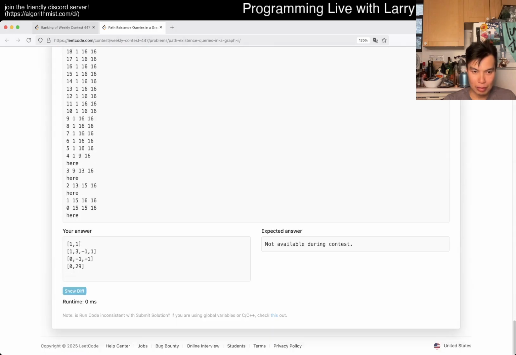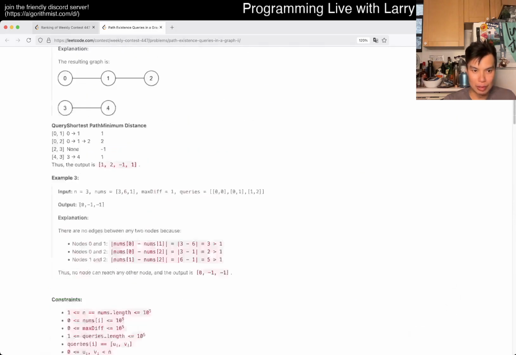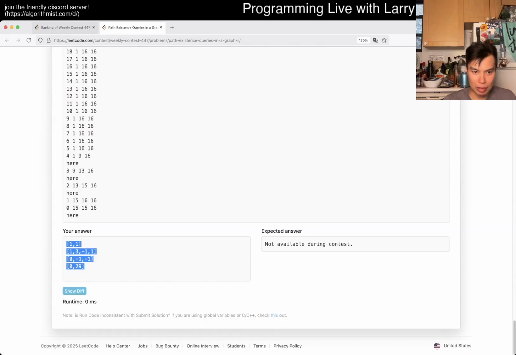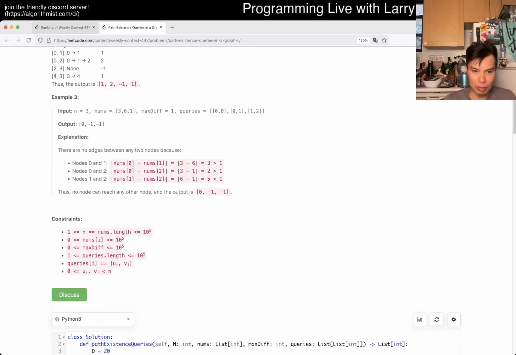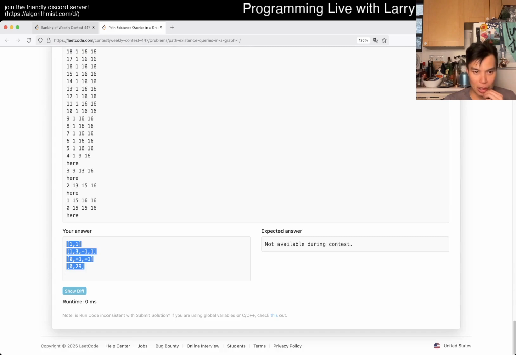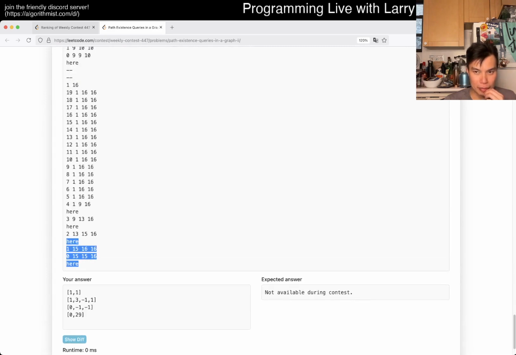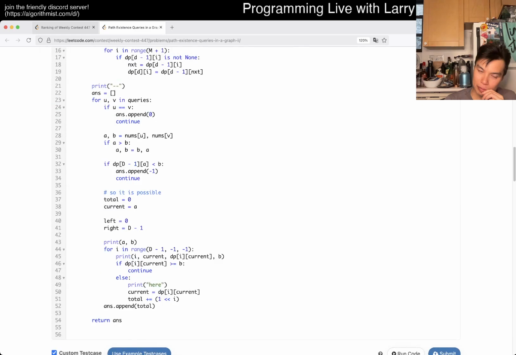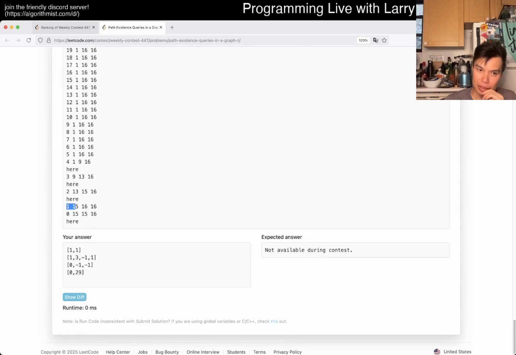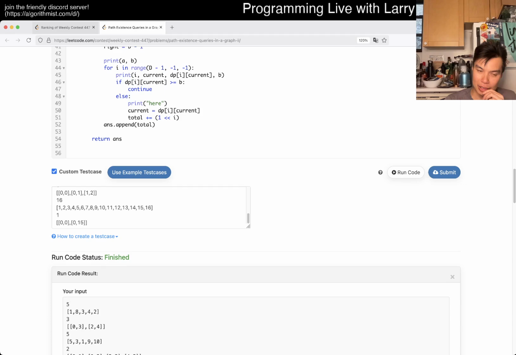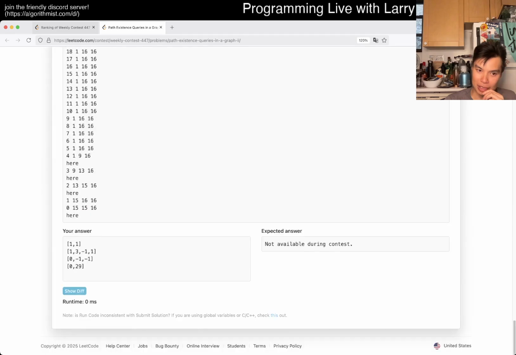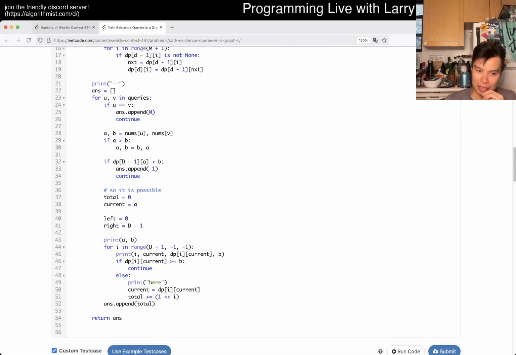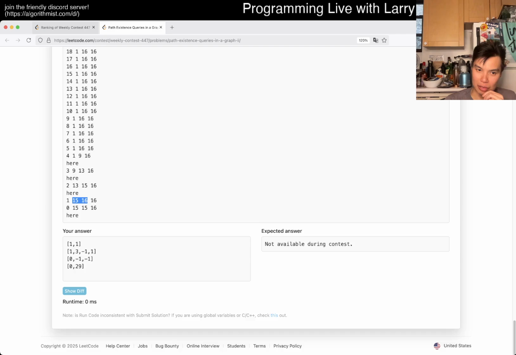Okay. So now the first one is right, the second one is way wrong, and the last one is wrong. Okay, why? It's trying to go from 1 to 15, is that right? It should be 1 to 16, right? Oh no, it is 1 to 16. 16 is here. So then now we have